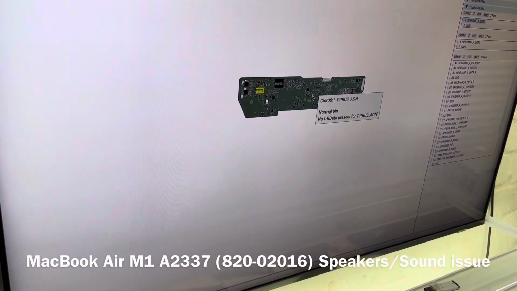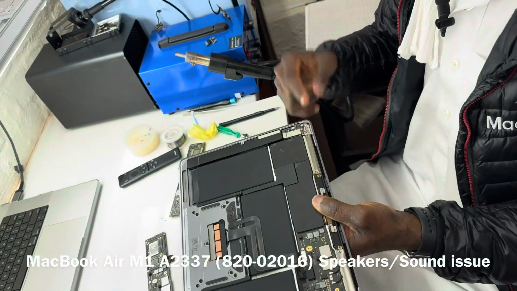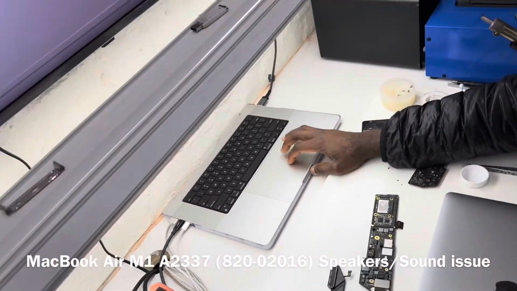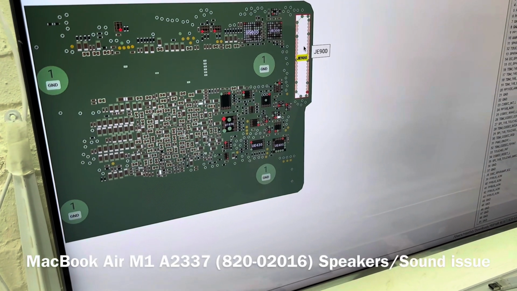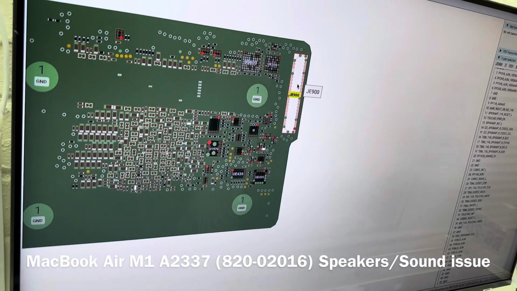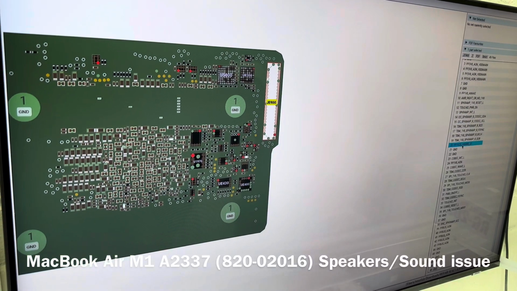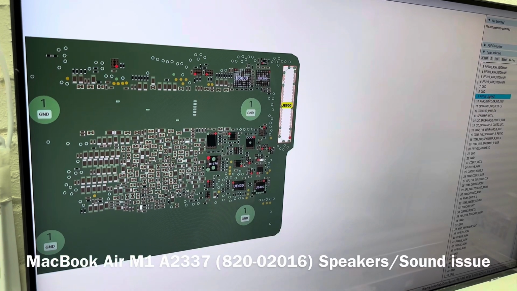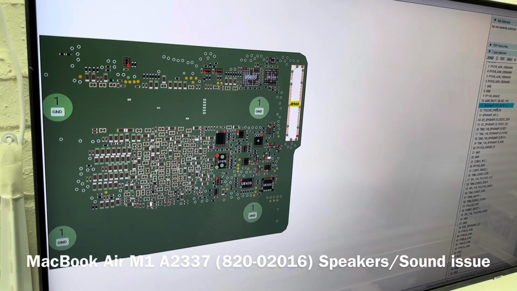So what we did in troubleshooting was to replace the audio board, this one here, and the cable, but that did not solve the problem. So the next thing we had to do was to measure, so we started our troubleshooting from here first. We did a visual inspection to see if anything stands out. We didn't find anything, so we started from JE900 in order to trace down the speaker signals, and then we were very much interested in speaker amp, which is 1.8 reset L, to confirm that